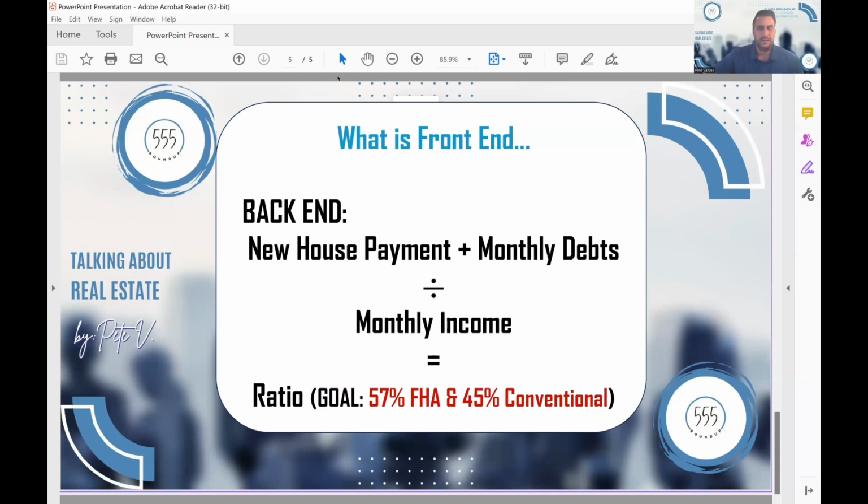The back end ratio is the new house payment plus your monthly debts divided by your monthly income. So you're going to add up the new house payment plus their debts that we talked about, and divide that by the monthly income. That's going to give you another ratio, another percentage. Your goal for FHA is typically in that 56, 57% percentile. It's not to say that you can't go a little bit over. You always want to check with your lenders on all this stuff, but as a general rule, 56, 57 for